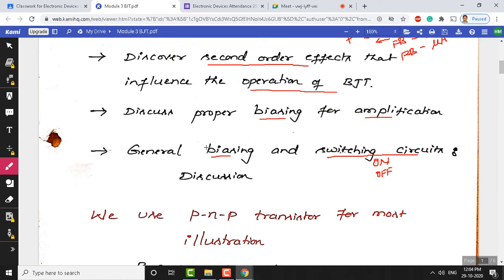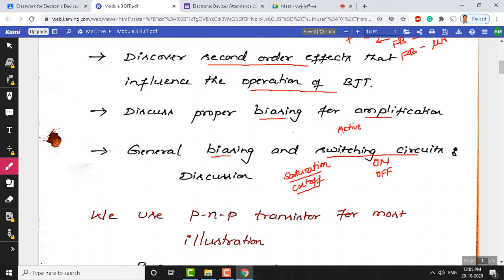Again, operating in the active region may not work like a switch. So we need to operate in the cutoff region and the saturation region, to work the BJT as a switch. So here the two regions come into play. One is the saturation region, later on we will explain what the saturation region is, and there is something called the cutoff region. In the saturation region, BJT will act like an on switch. In the cutoff region, BJT will act like an off switch. Whereas when we want to use BJT as an amplifier, we need to operate in the active region.